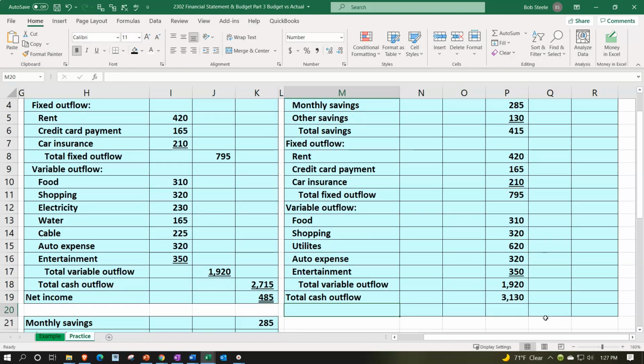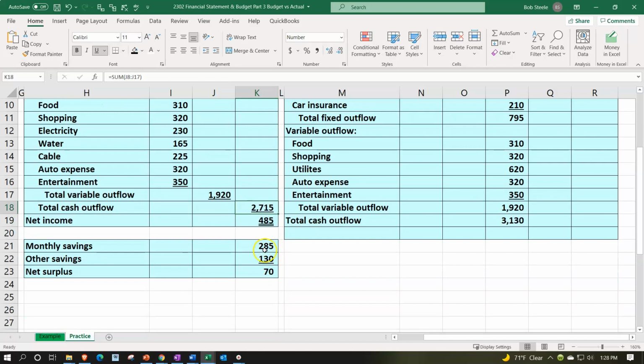That's going to give us the 3130, which is slightly different than this number because remember I added these two down there. So if I was to highlight those three, we get the 3130, and then we get the, I'm going to call it net cash flow, in essence, net income,